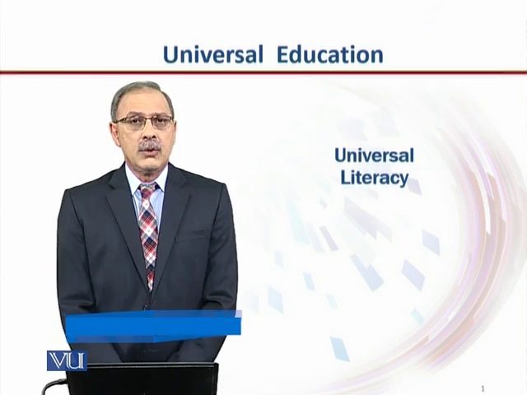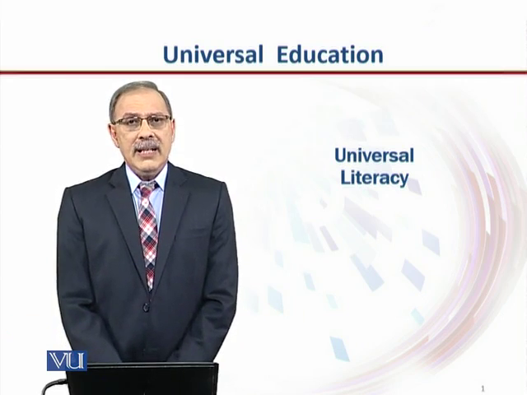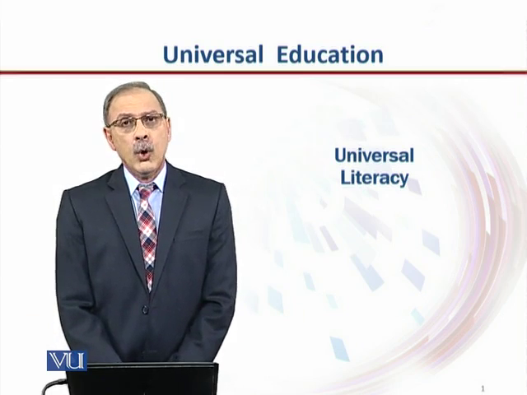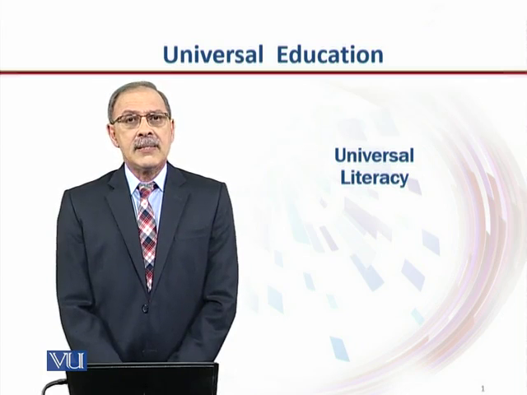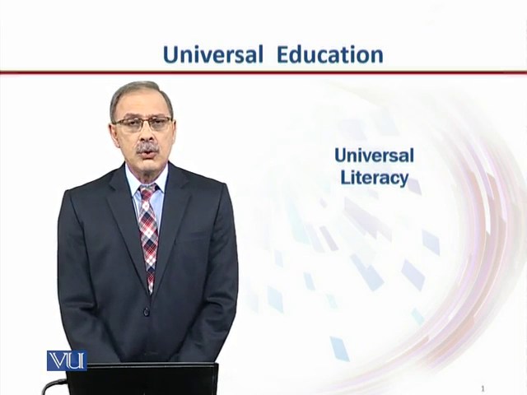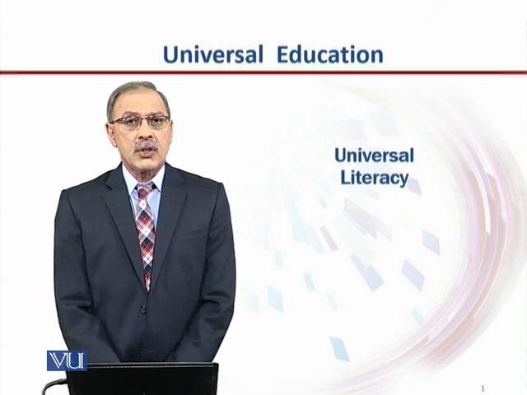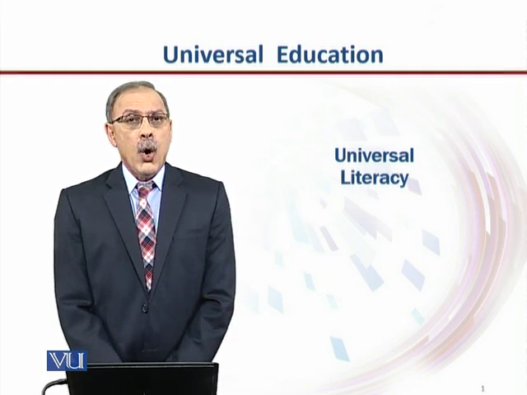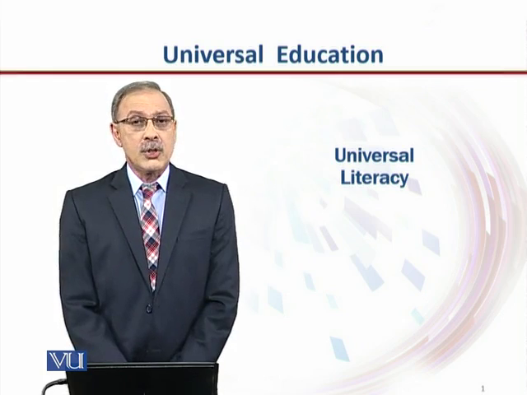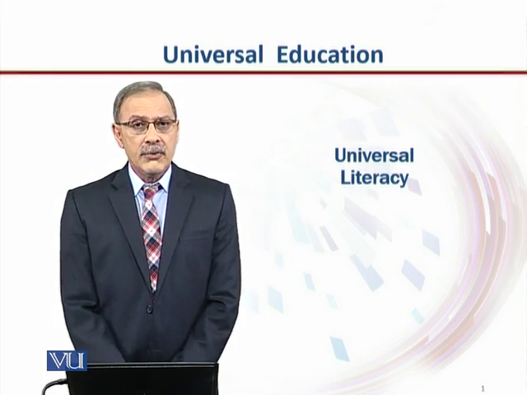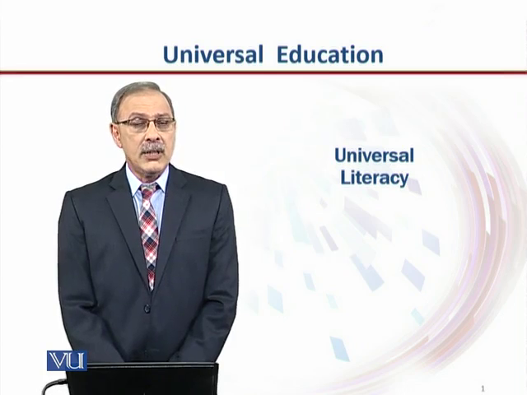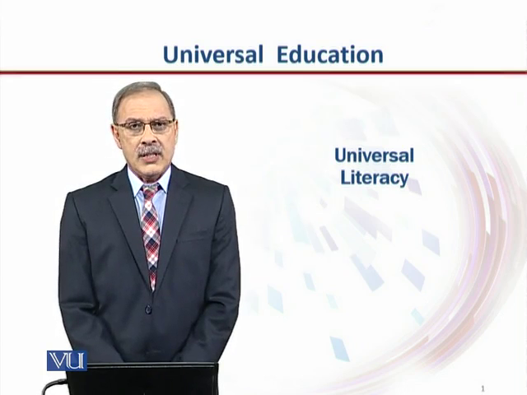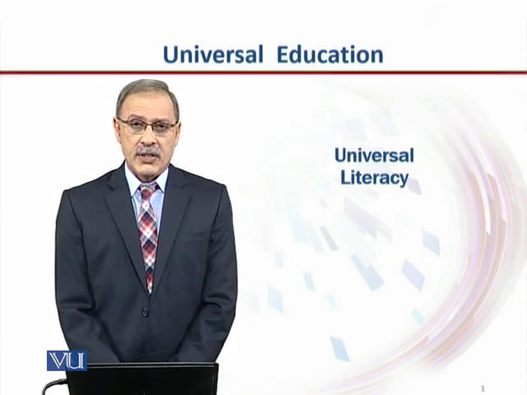Universal here can go in two ways. One is in terms of what we teach, and the second is in terms of who we teach. What we teach, we can see that in our system, different schools have different modes and different content that they teach. If education is to be universal, all students in all types of schools should be taught the same thing. When children are taught the same thing at particular grade levels across the varying forms of schools that exist in this country, education becomes universal.